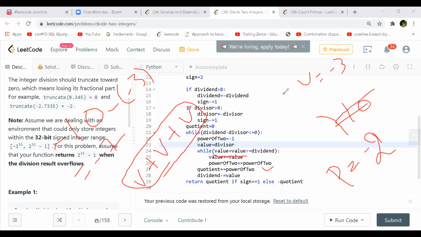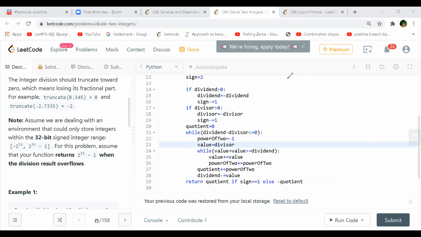And then your power of 2, you will start from fresh, correct? So it will be 1 again. And then you assign the divisor to value, which will be 3. And if you compare the condition on line 24, 3 plus 3 is 6, which is greater than your dividend, which is 4.